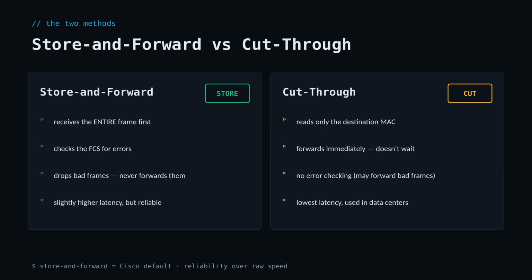Now that we know what's inside a frame, here's how switches actually handle it. And there are 2 schools of thought. Store and forward pulls in the entire frame, runs that FCS check we just talked about, and only forwards it if everything looks clean. Cut-through is the speed demon. It reads just the destination MAC and starts forwarding immediately. No error checking, no waiting. That's why you see cut-through in data centers where every microsecond matters, while Cisco defaults to store and forward,